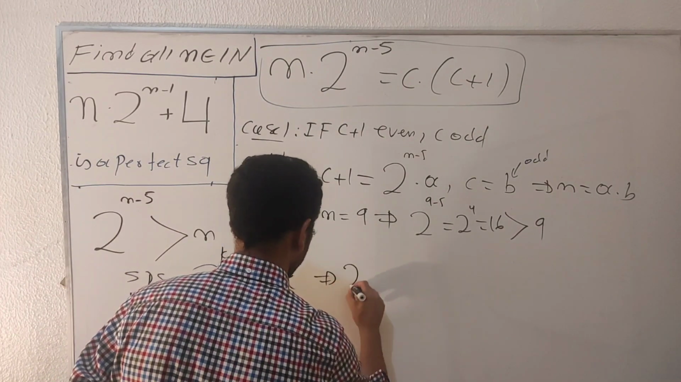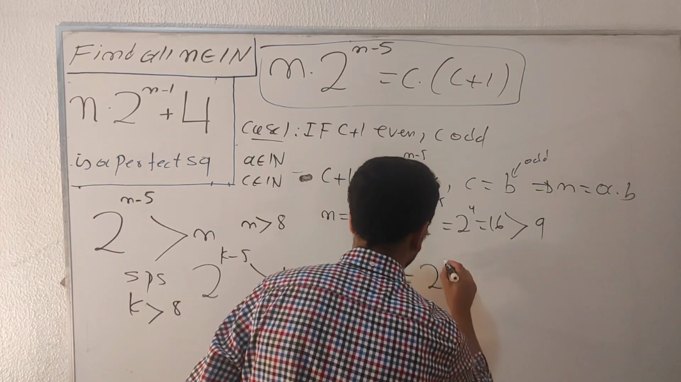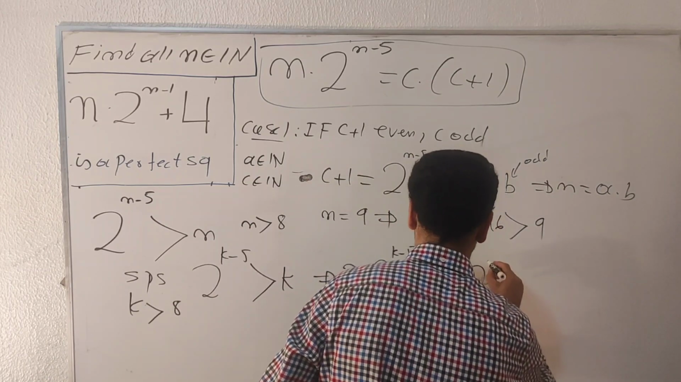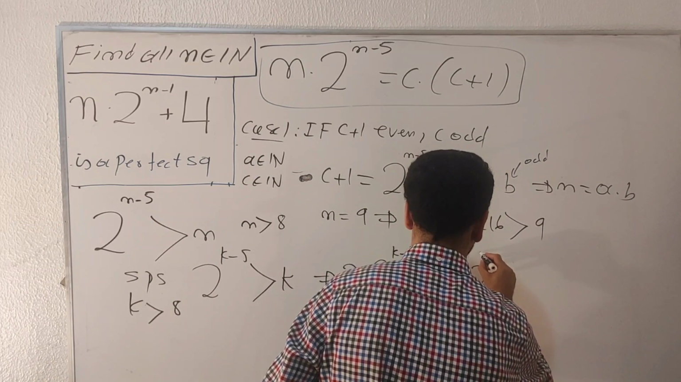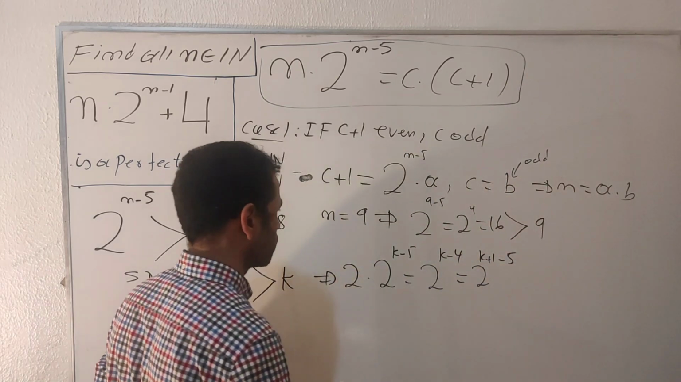I get here 2 is multiplied by 2 to the k minus 5, which equals 2 to the k minus 4, which equals 2 to the k plus 1 minus 5. Okay,